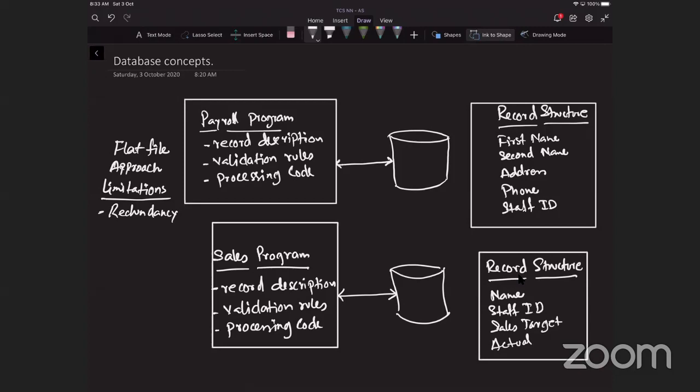Flat file approach limitations: redundancy. The second one is inconsistency. The third one is inquiries. Like when we run SQL commands over the database, in flat files these are inquiries. Every inquiry needs to be programmed separately.